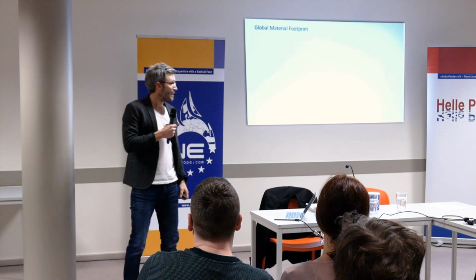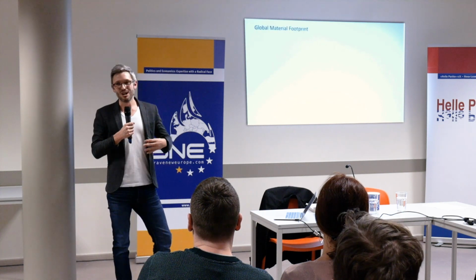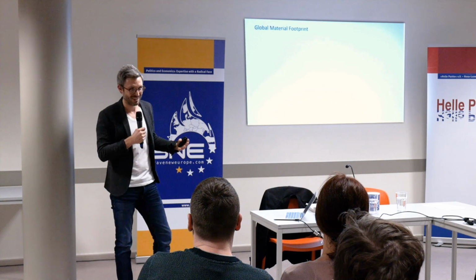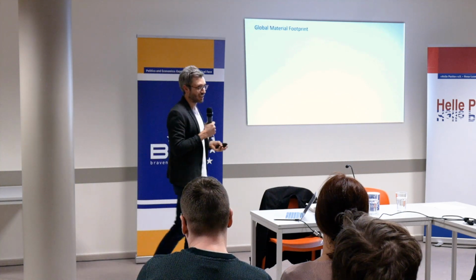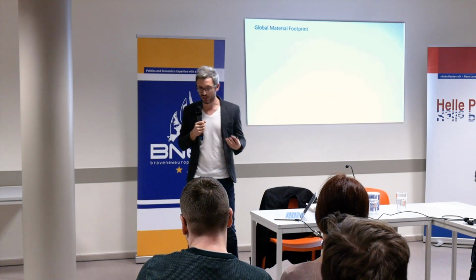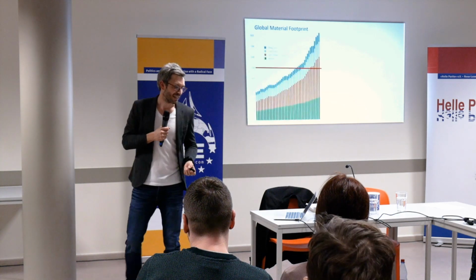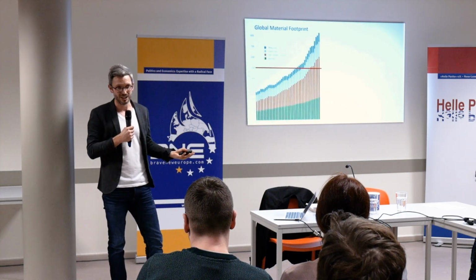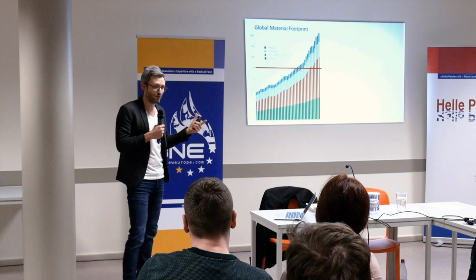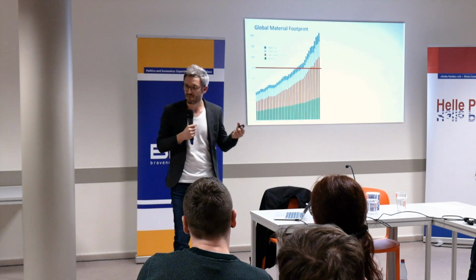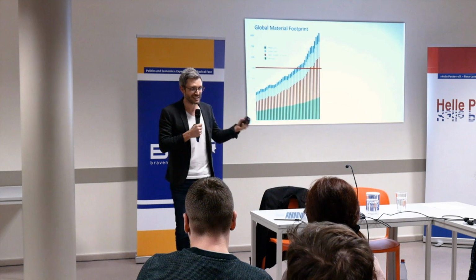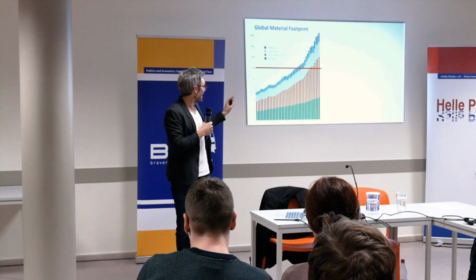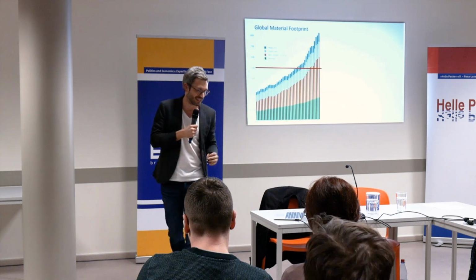Okay. Now, if we were to put all of this into one unit, then it would probably be what ecologists call the global material footprint. Material footprint counts everything that humans extract and produce and consume every year, right? So everything from fish to forests, everything from minerals to metals, everything from plastics to petroleum, and adds it up in tons. And what we see here is that